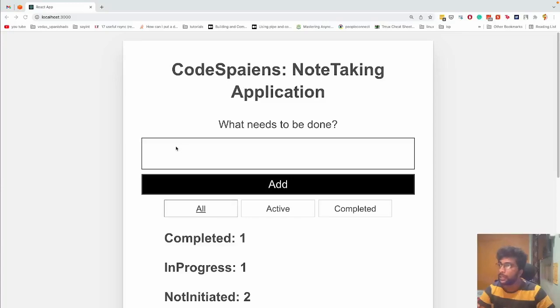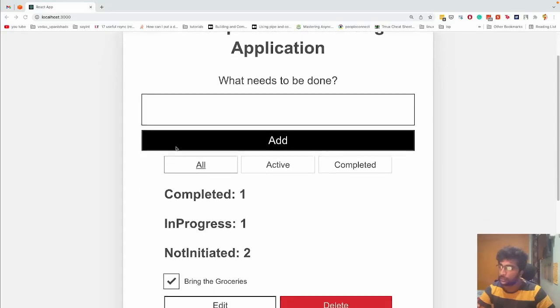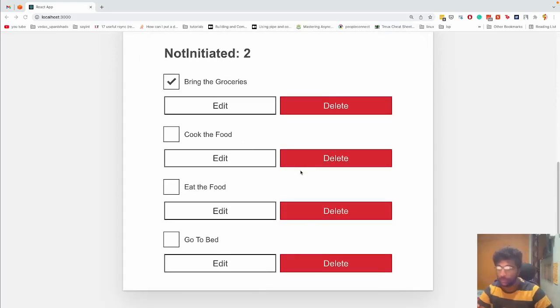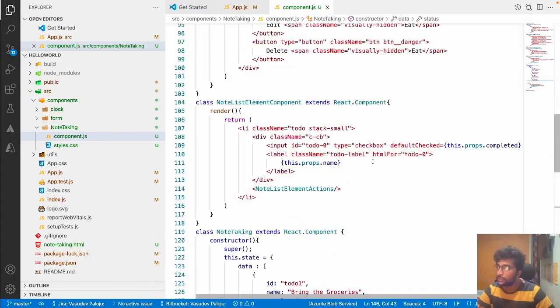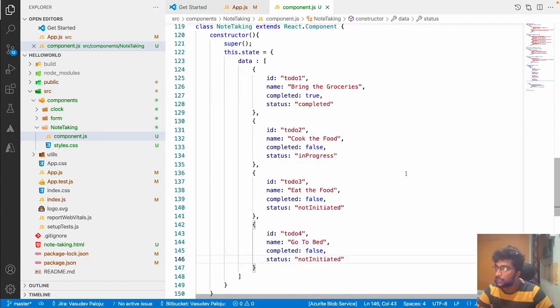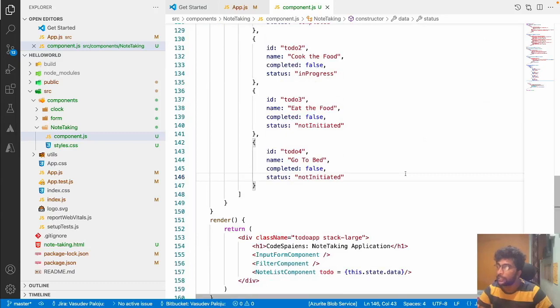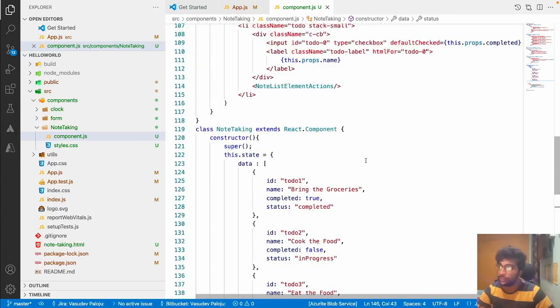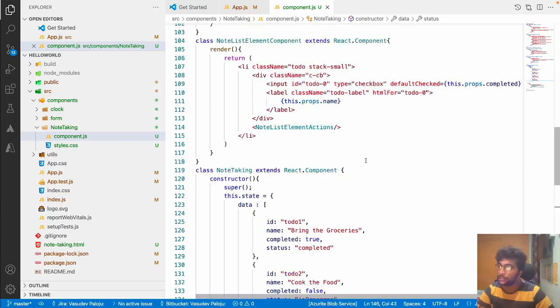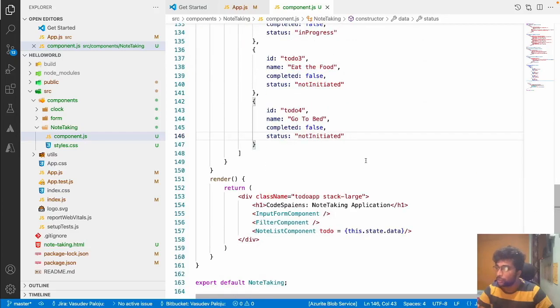Let's continue building our note-taking application using state and props. So we have modified it to the place where we shared the data and also assigned the state. Right now, we'll make it a full-fledged application by passing all the events and interacting between the components. So as a first step,